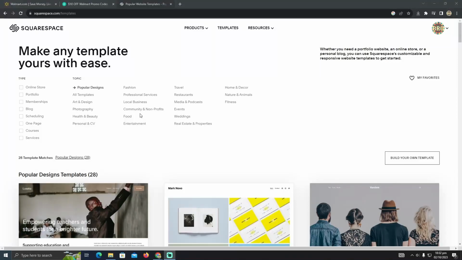Selling the Squarespace templates on Etsy. It's a pretty easy thing to do. Today, I'm going to show you how you can sell your Squarespace templates on Etsy. So suppose you are a template designer on Squarespace and you want to monetize it, want to earn some money